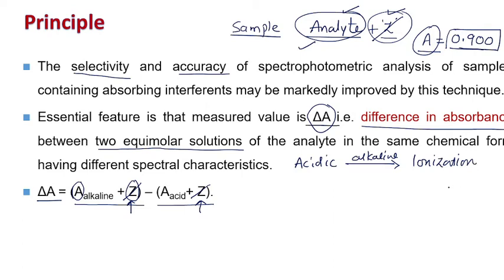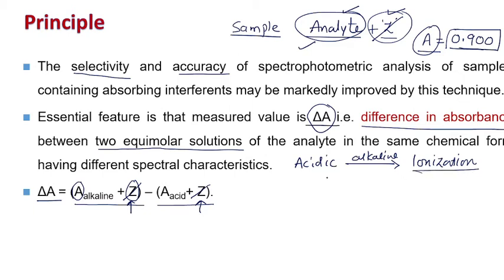Now after ionization, what will happen? It will show a bathochromic shift and a hyperchromic shift. What is a bathochromic shift? It will shift its absorption maxima from the actual wavelength to a longer wavelength. And in a hyperchromic shift, it will increase its absorbance, the A will increase. So that kind of effect will be observed if you are dissolving an acidic drug into an alkaline pH, and this happens because of the ionization.